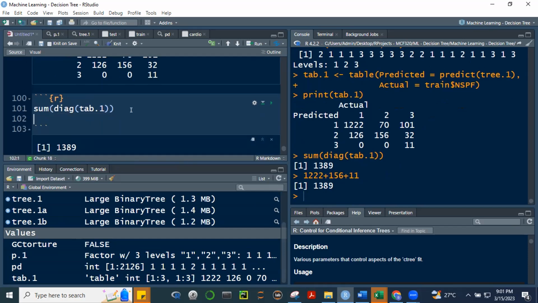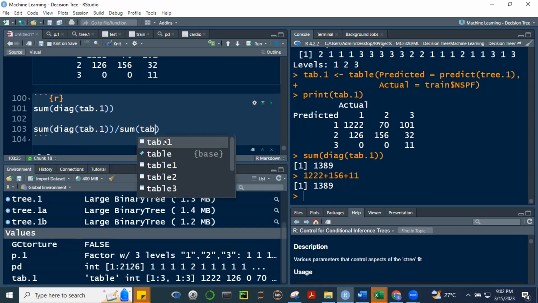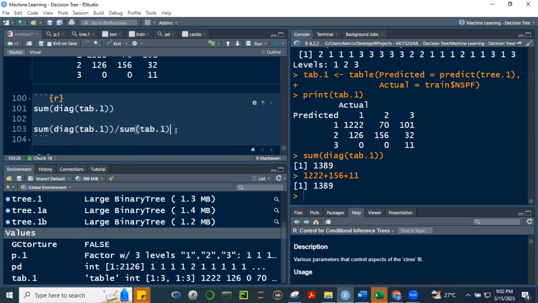Alright, then, okay, kunin natin yung diagonals, Control C, Control D, then we divide it by the sum of your tab.1. Sum natin siya, yung buo. O kaya yung n row ng ano natin, ng string.